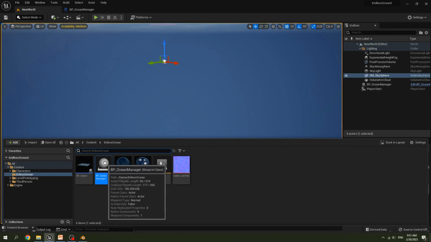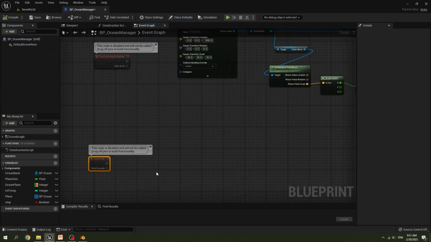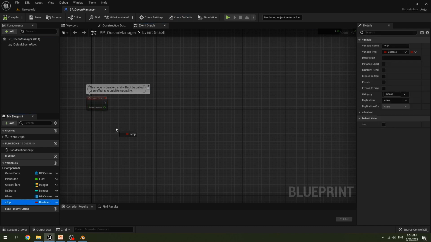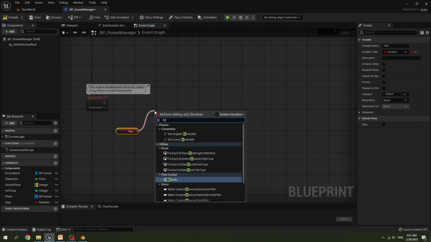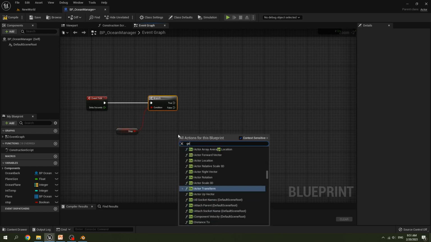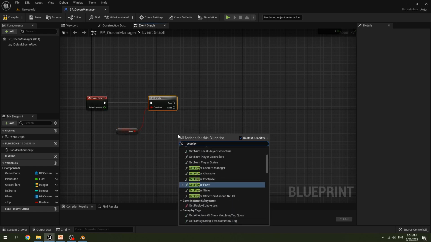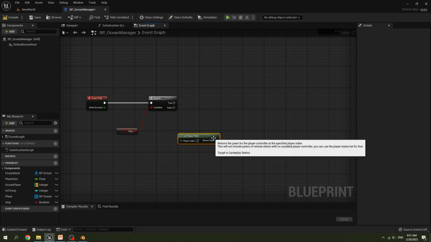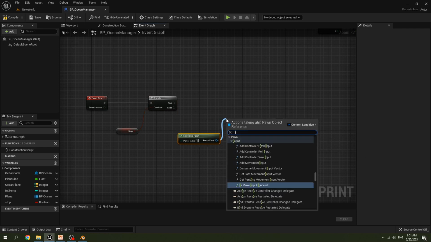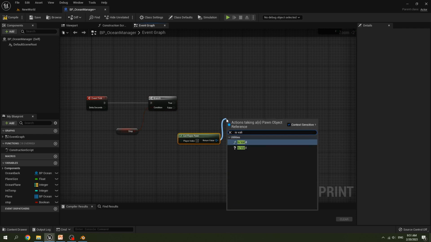Now open the Ocean Manager Blueprint. On event tick, get stop variable, create a branch, get player pawn, and call is valid.